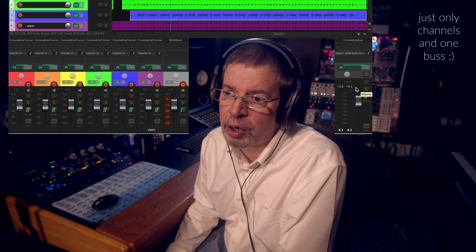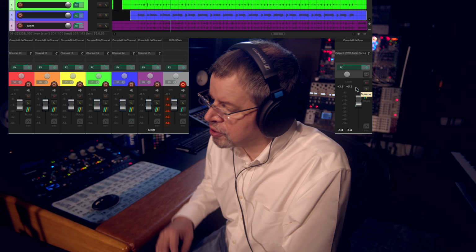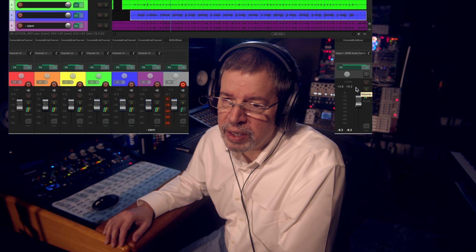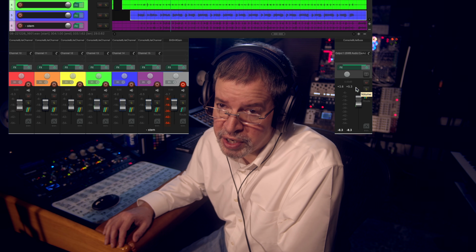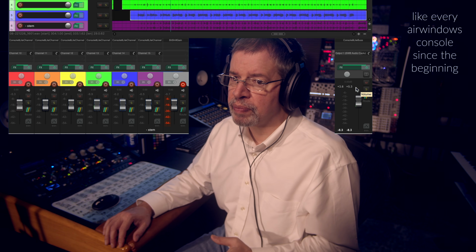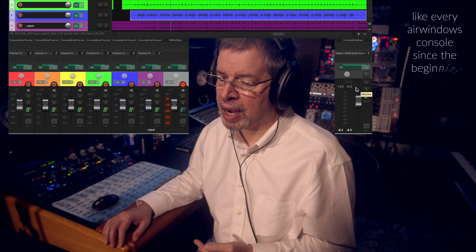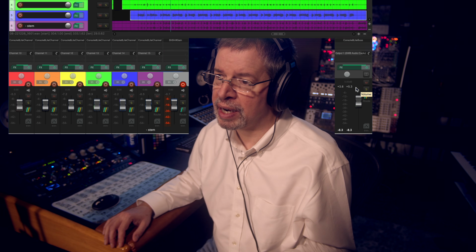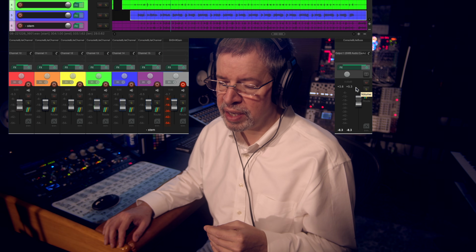With Console 8 Lite, what you're going to get is a system where you're using the channel plugins on the end of each channel, and then the mixing needs to be unity gain between the channels and the bus. And then on the bus, you use Console 8 Lite bus at the top of the bus, and that's all you have to do. It doesn't require the